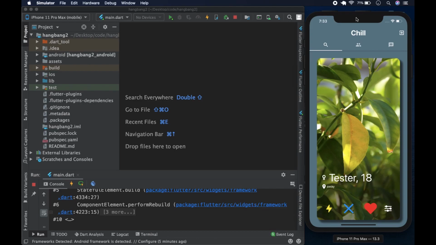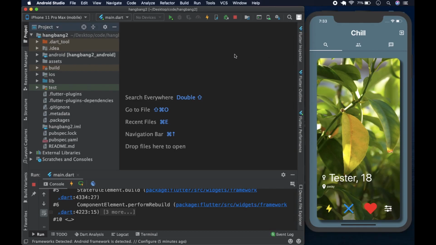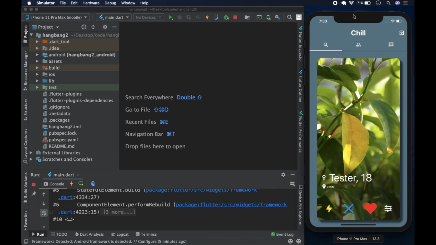So what we're going to do, I wanted to show the finished product. This is what we're working towards, and I wanted to show how Bloc Delegate works so that you have an idea of what we're going to build. So for example, I am on the search page here. We have somebody else